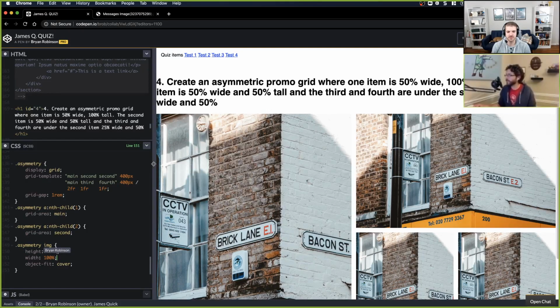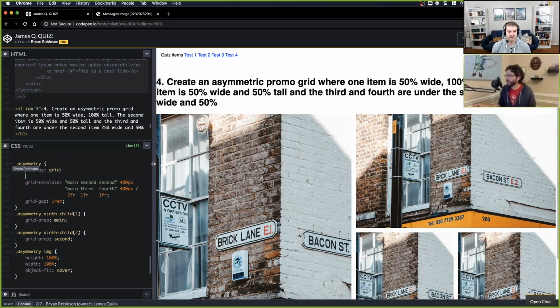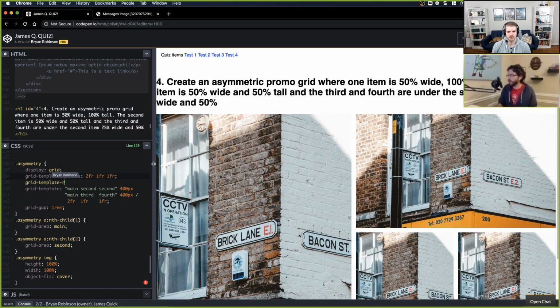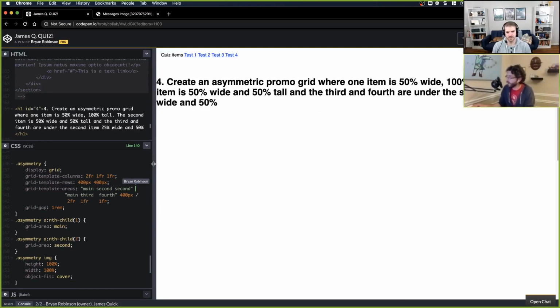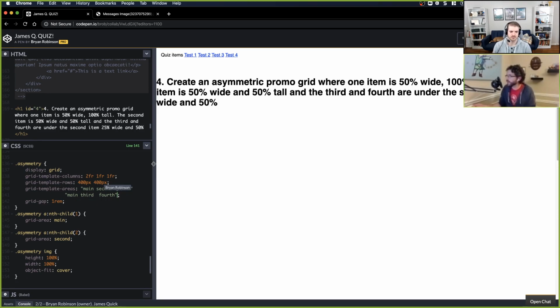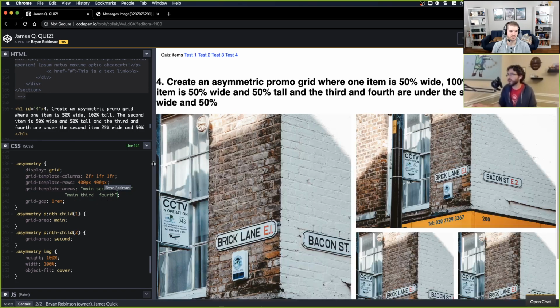Yeah, combining just grid-template instead of grid-template-areas. That's not something I've actually seen. I don't know. The other way to do it would be grid-template-columns, and then you could specify two 1fr, and grid-template-rows, which in this case would be two 400 pixels. You can use the repeat functionality or anything like that to do that. And then this would be grid-template-areas instead, and it would all work out with that syntax. That should just work. Let's see. There you go. Same basic principle, just a bigger shorthand.